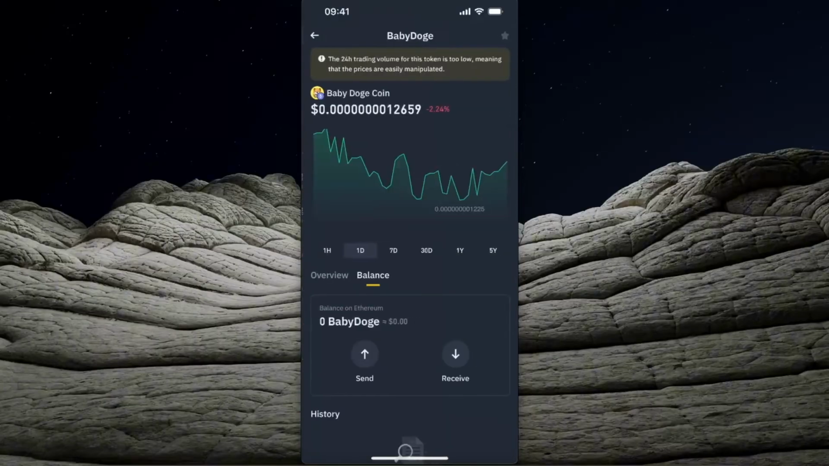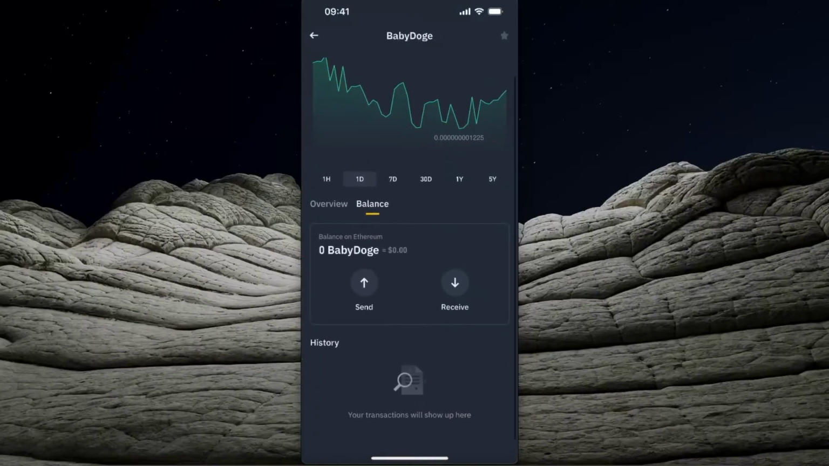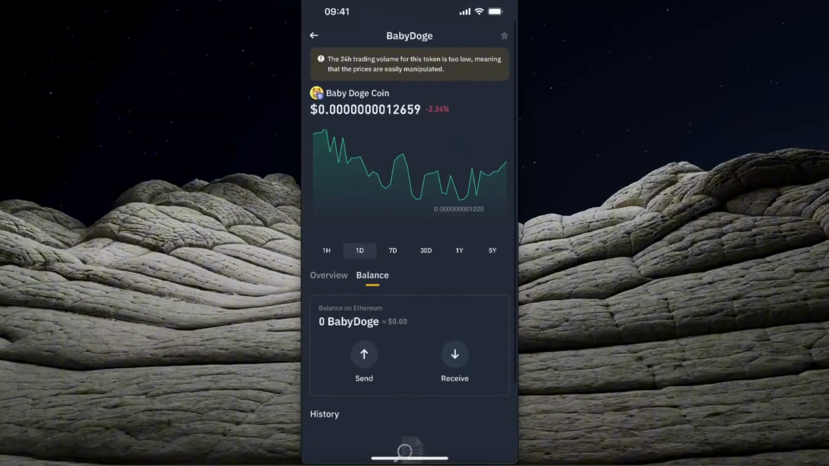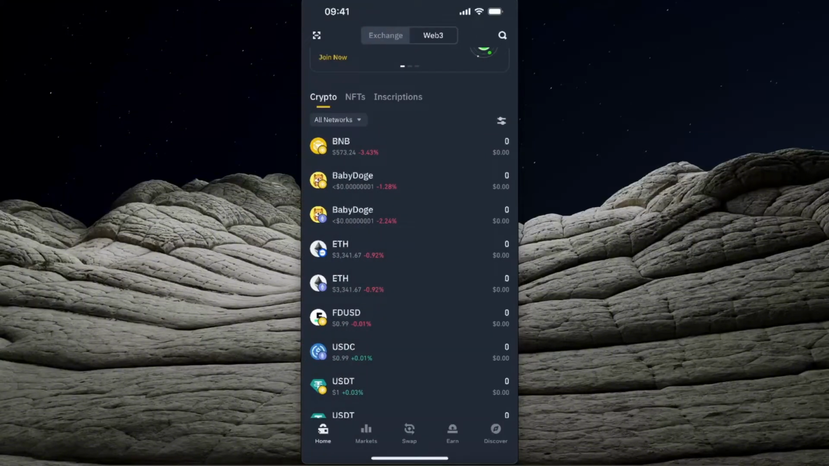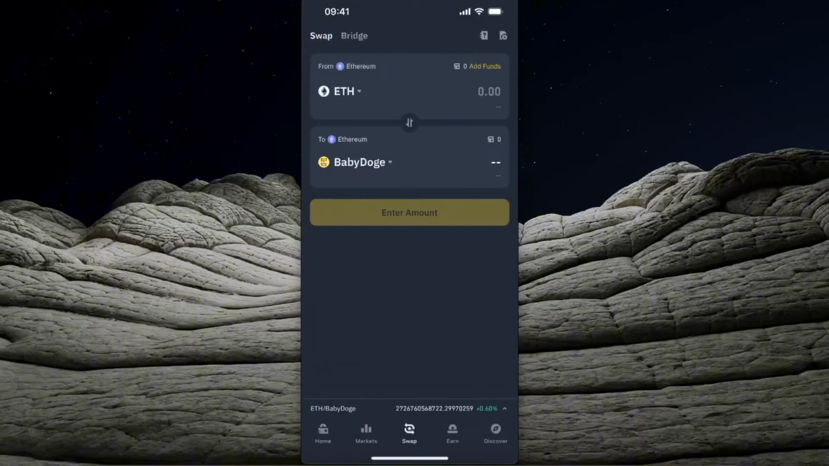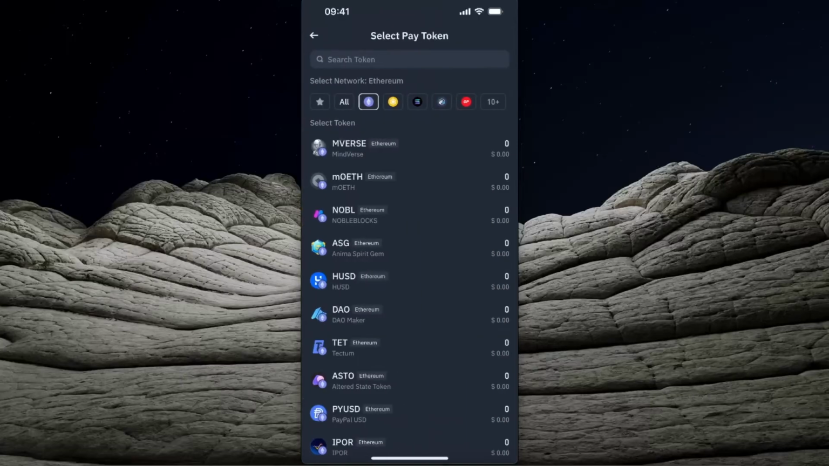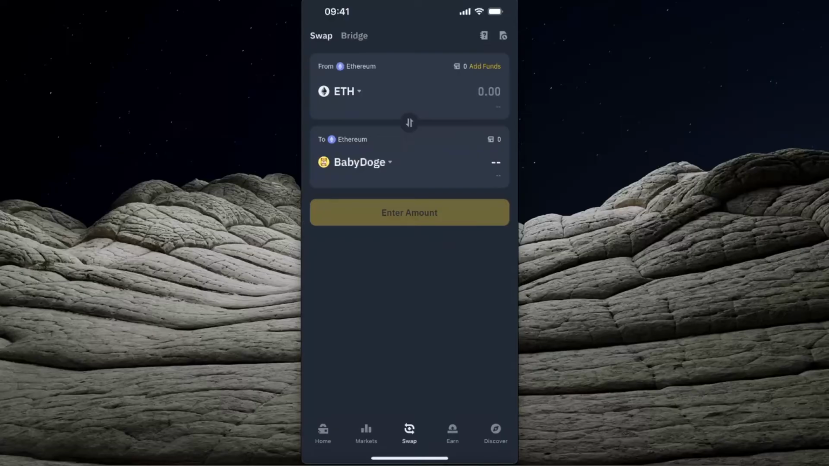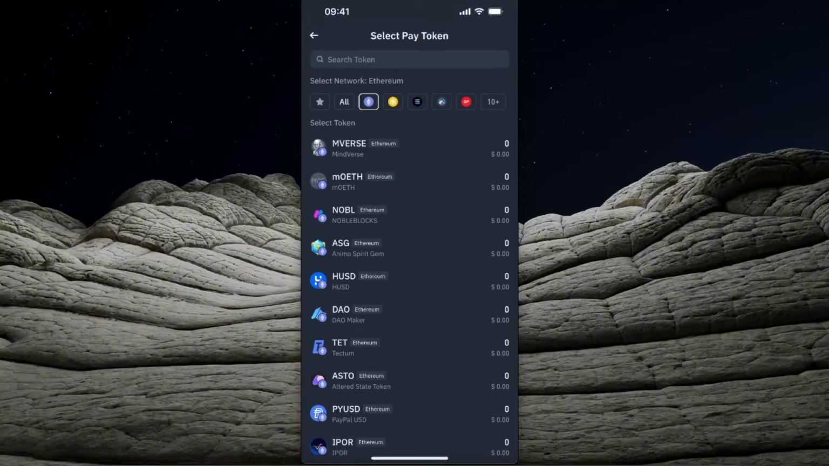And once you click on it, as you can see, you cannot buy it here. But what you can do is swap. So you want to click the swap option in the middle. You want to choose what you want to go ahead and exchange it from. So if baby Doge is on the Ethereum network, it's best to exchange it from Ethereum or from USDT,